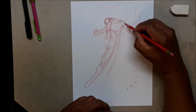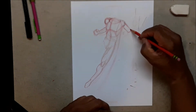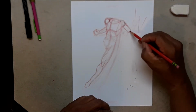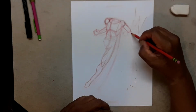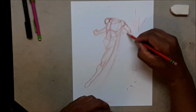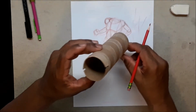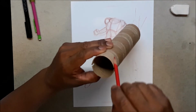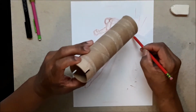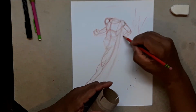And as you see, this is basically just a cylinder. And we'll get into that when I show you how to do this leg. You have this one piece of cylinder, and you do the other piece of cylinder down, forward. Let's do this. Okay, here's a circle. Right here is the back of it. And here's the front of it, right here. And that's just basically doing this. You have your back of it, and then you have your front, and then you line it like this, except this one is going down at this angle, but you're still seeing it. And then you have your fists,